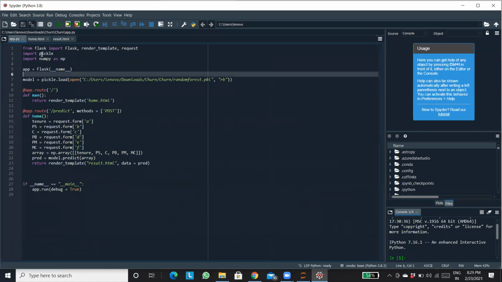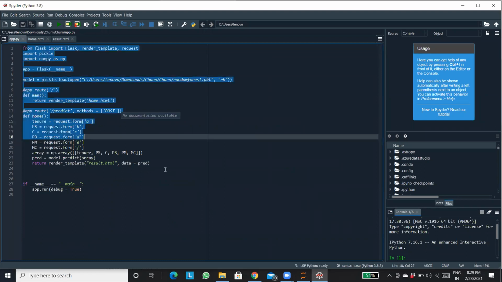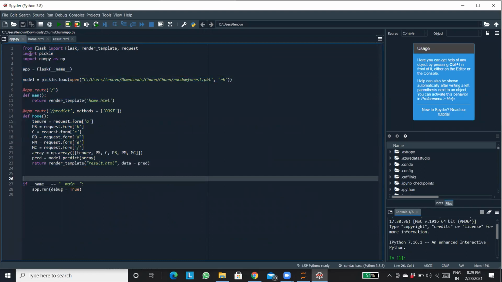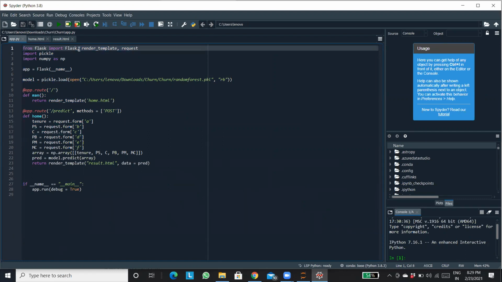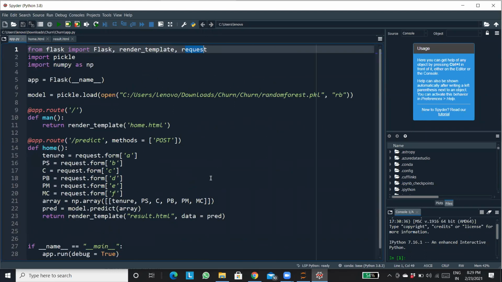So here, this is going to be the app.py file. For that, I have imported Flask, render_template, and request. Okay, I'm zooming in. Just give me a second. Is it visible? Yeah. Okay.